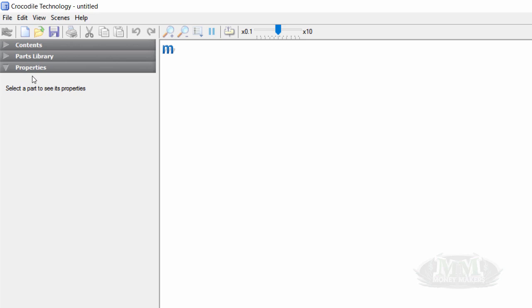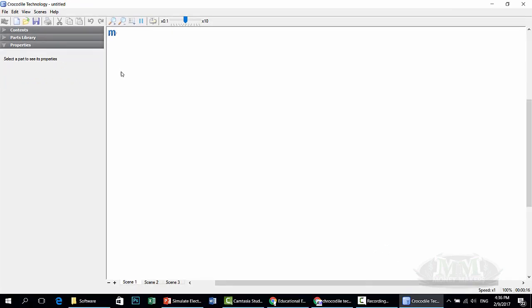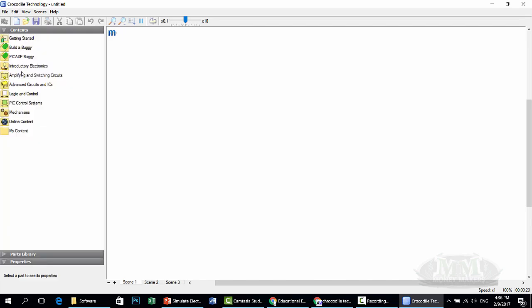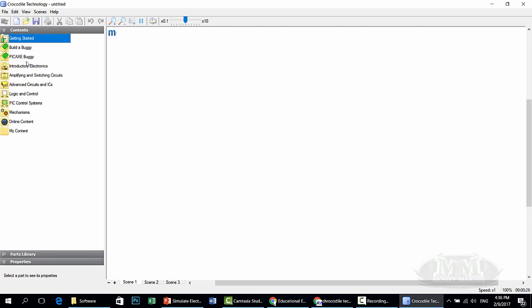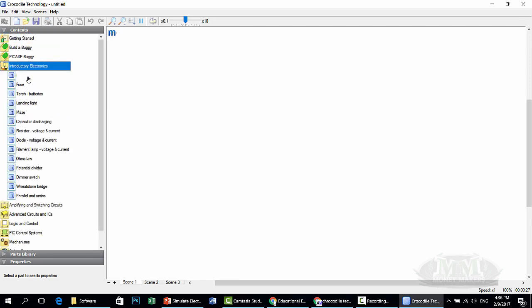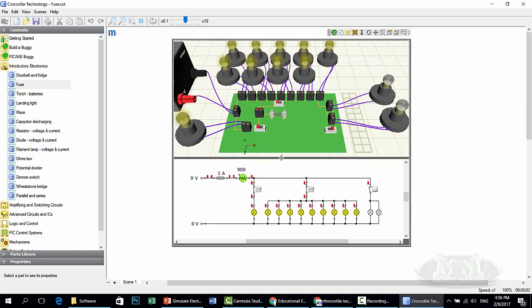Properties is where you can view components properties. So you have to select a part to see its property here, while contents show you program contents and the getting started tutorial. They show you some already created examples. Let's click on this fuse. As you can see, this is an example that is created for you,